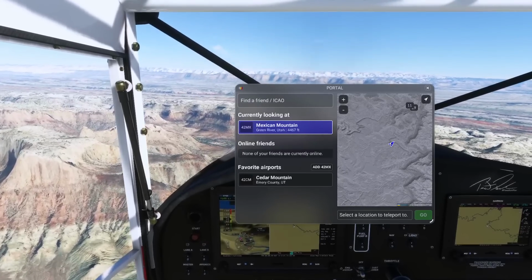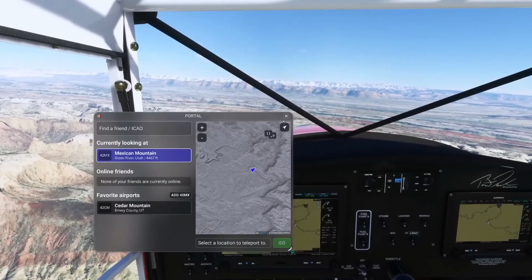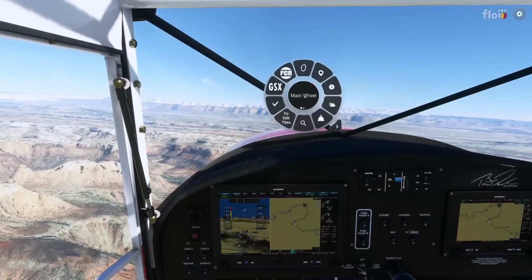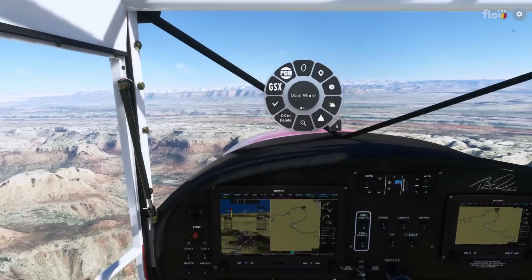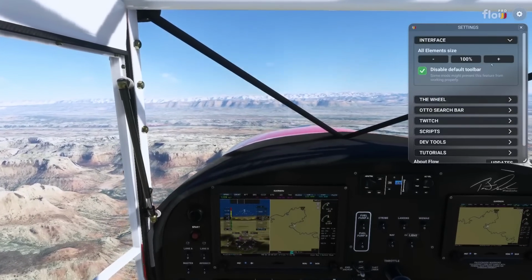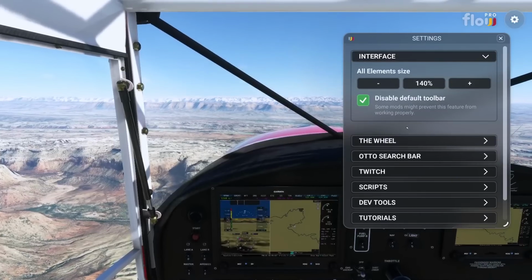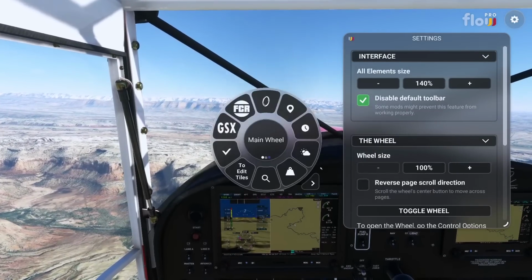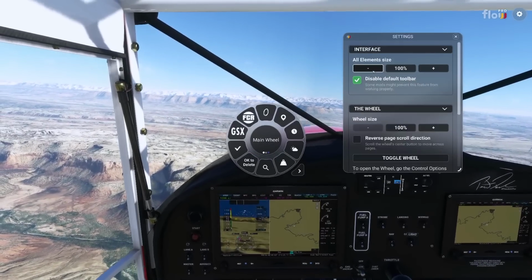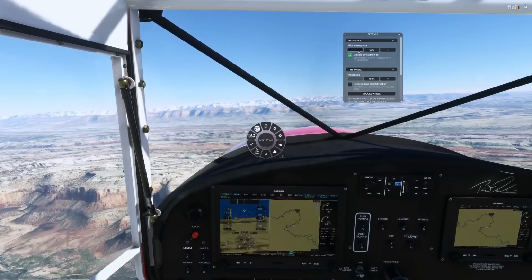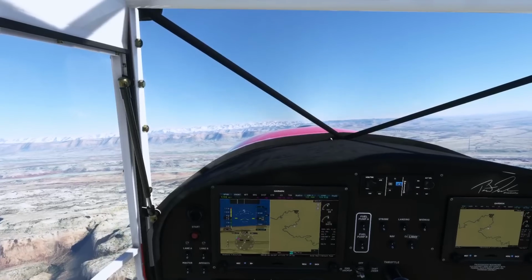Now you can see, by the way, here where we're going. If you don't, you can change the sizes of all of these little widgets. But I want to show you one more time from the interface that if we make this bigger, like so, and we're going to say the wheel, and let's toggle the wheel. Check this out. You can make it as big or as small as you want, which makes it really very, very usable. So this is 50% of the size, and if I remove it now,